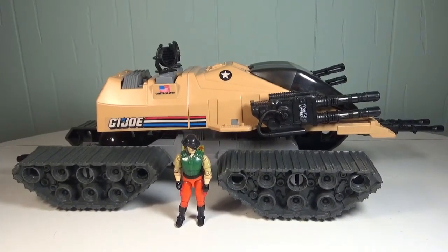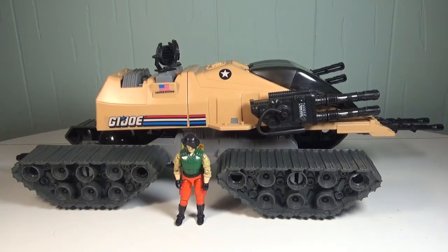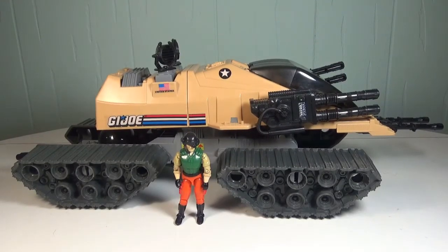And I did pick this up on the secondary market. I picked this up on eBay. This was an eBay purchase. I picked it up for around 35 bucks. I think the market on this thing goes from anywhere from $30 to around 60 bucks, depending on quality, what's missing, is it fully complete,